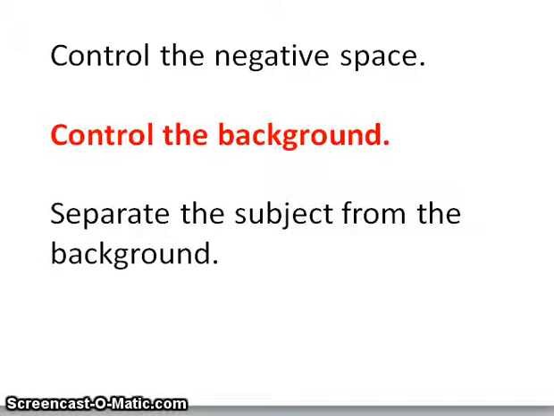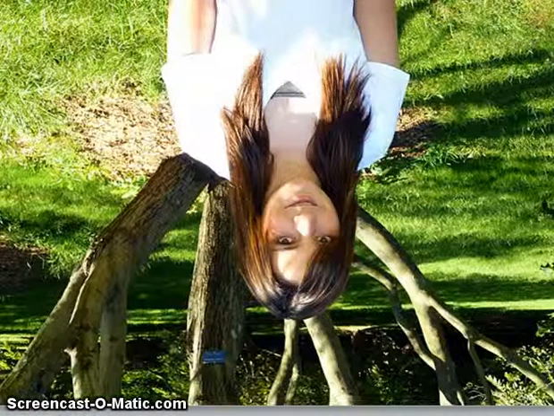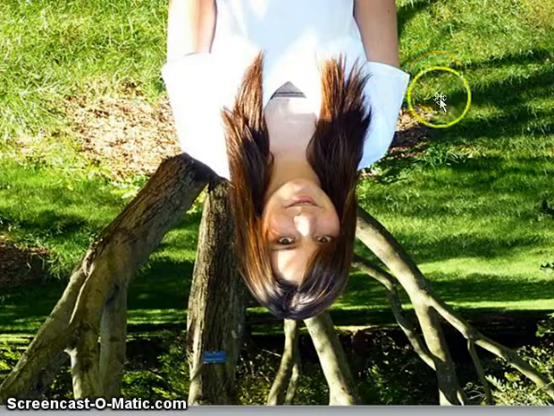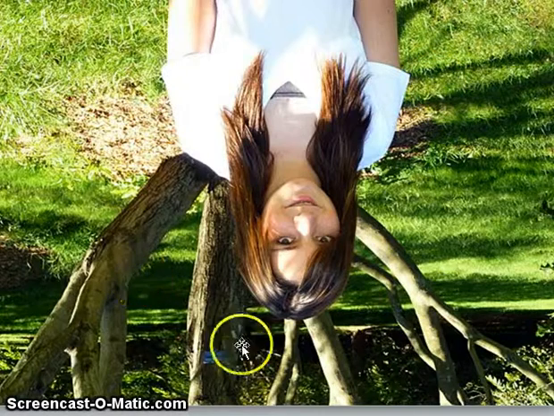Last time I started talking about negative space and positive space and how to pay attention to both, to not only control the negative space but also control your background and separate the subject from the background. We talked about how this picture at first glance might seem to be okay, but when you do the upside down test you really take a look at the negative space, the space surrounding your subject, which is the positive space, and you realize that these trees